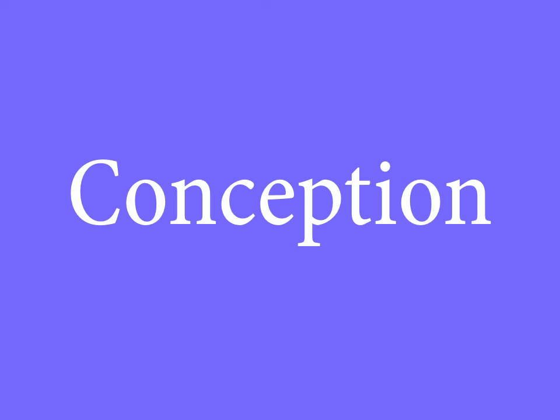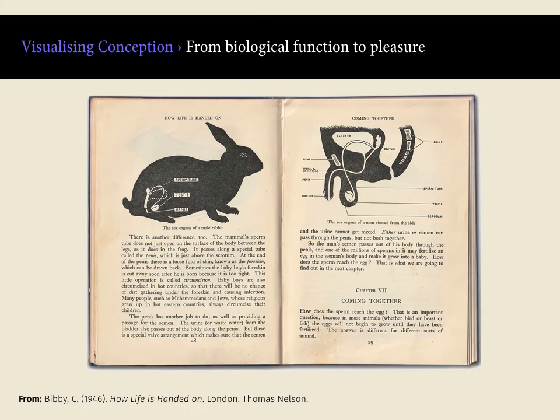When telling the story of conception, the three books again show different approaches to dealing with complexity. In this well-known book from the 1940s, thought to be progressive for its time, Cyril Bibby describes conception in relation to animals and then relates this to human conception. The reproductive organs of rabbits and other animals are displayed, and cross-sections of human anatomy can also be seen. Reproduction is not shown, but described as strictly biological between a married heterosexual couple.